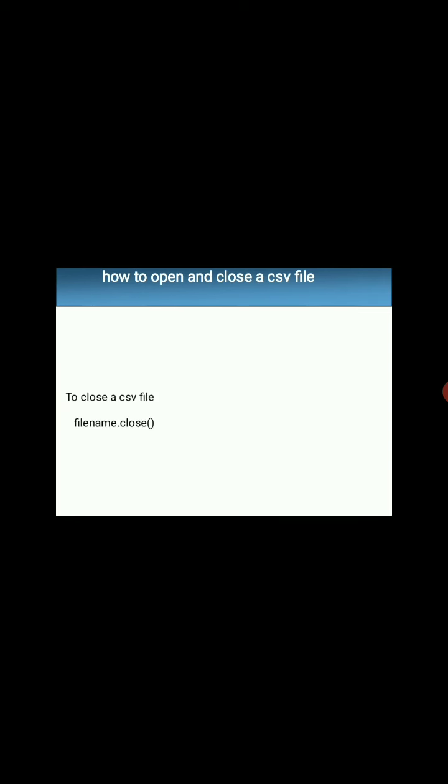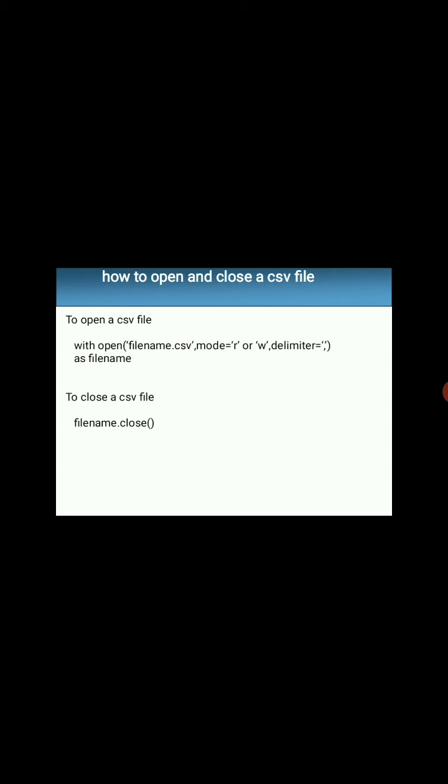how to open and how to close a CSV file. To open a CSV file, we will write with space open, small bracket start. In single quotes, you have to write the file name having extension .csv, comma, mode is equal to r or w. r for read and w for write.